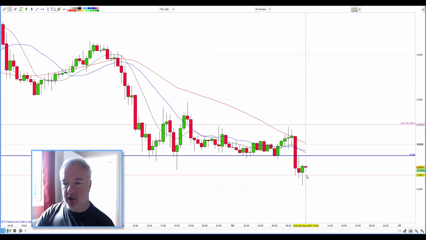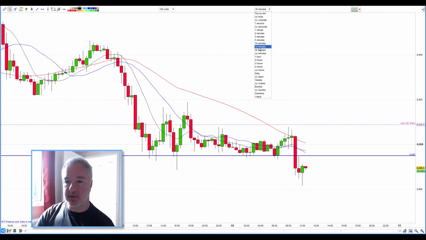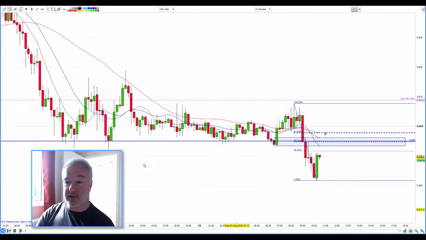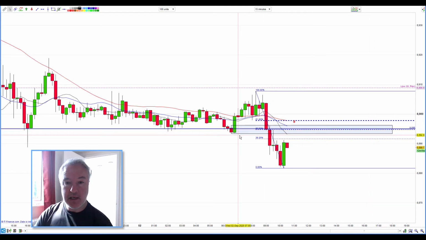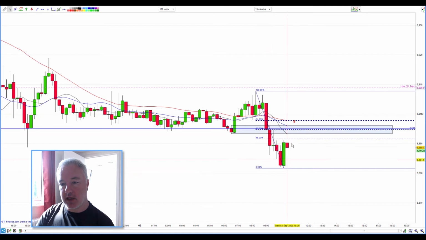So what I'm looking for here is a break and a retest of this level. If I go down to the 15-minute time frame, that's what I'm looking for. It's a fib as well. It's a really nice little bit of a fib overlay there, close to 88.90. But anyway, a break and a retest of resistance here would be great as a potential